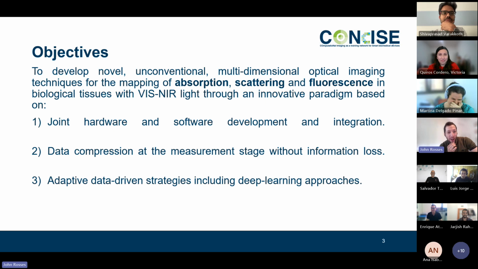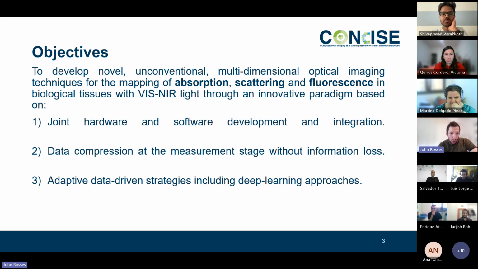sorry, for mapping of absorption, scattering, and fluorescence in biological tissues with visible and IR light through an innovative paradigm based on joint hardware and software development and integration, data compression at measured state without information loss, and finally, adaptive data-driven strategies, including deep learning approach to overcome the actual system limitations, which are typically developed trying to maximize the number of measuring points, for example, pixels in a camera, position in a raster scan, etc., regardless of the information